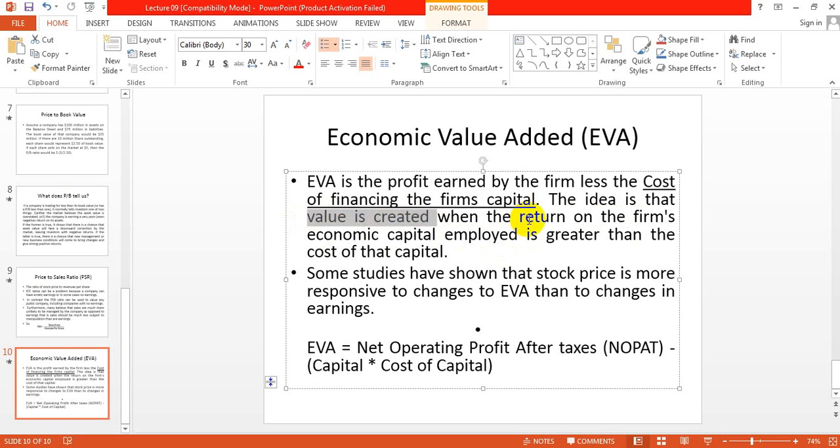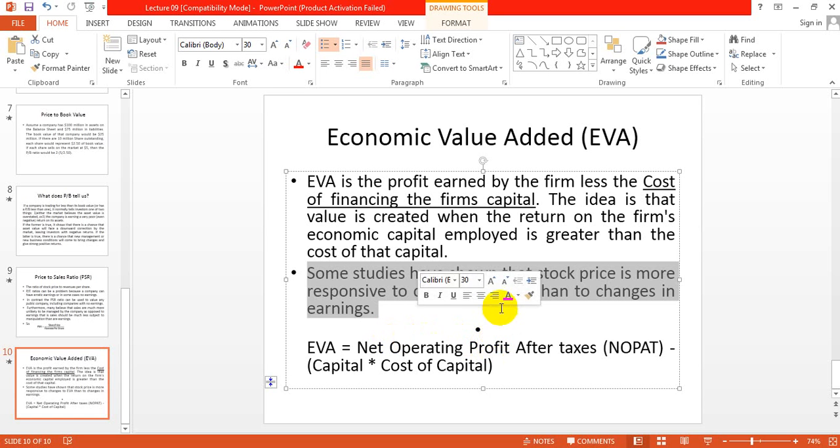is employed, the return on the capital, that is profit, is greater than the cost of capital. The profit of the company is greater than the cost of capital, cost of debt and cost of equity. Some studies have shown that stock price is more responsive to changes in economic value added than to changes in earning. This is a research topic basically, that majority of research conducted has shown that share prices, the